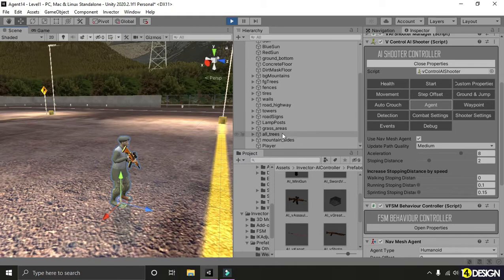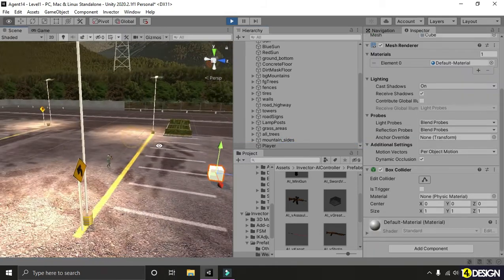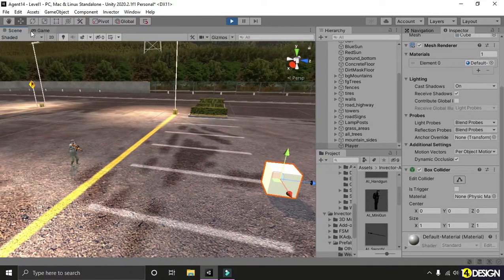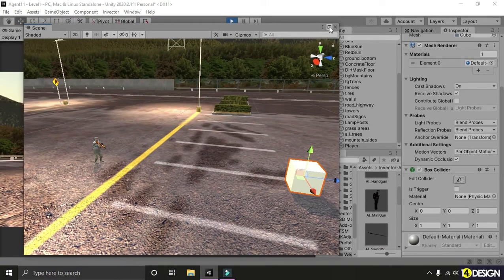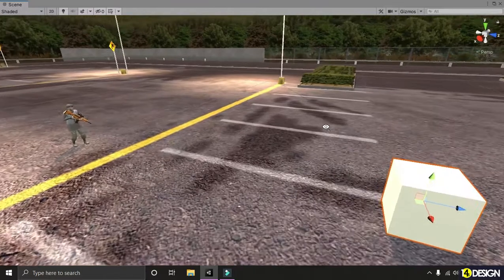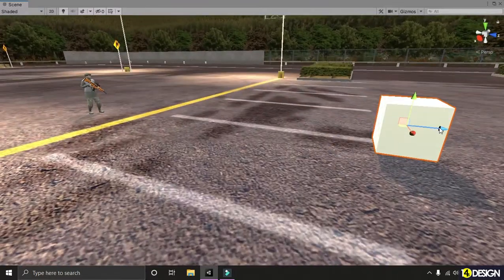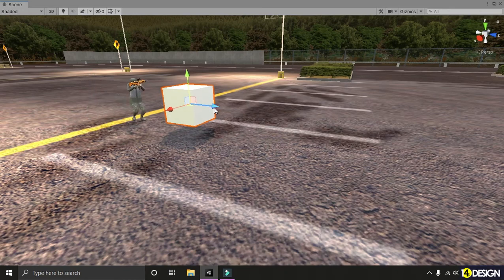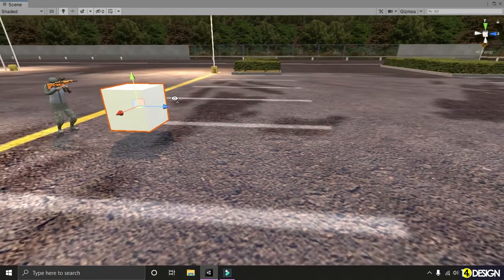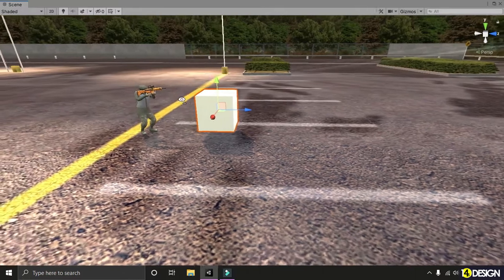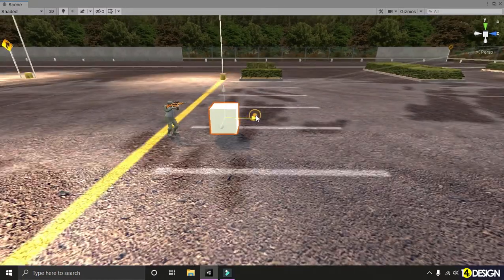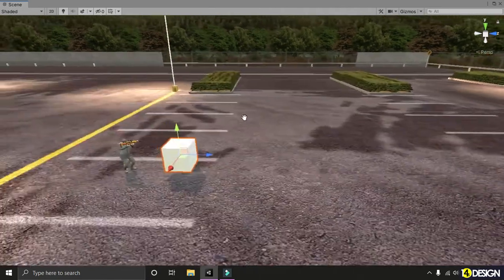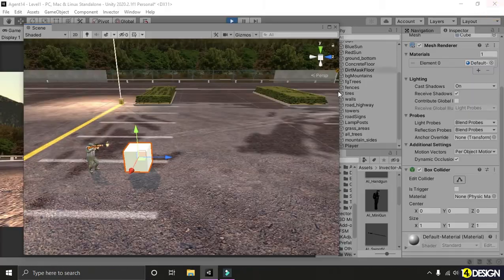Let's move our cube player near him. I'm going to enlarge the scene view so you can see. Now I'm moving the cube near him. There, our enemy has spotted the cube player, and now is currently shooting at it.